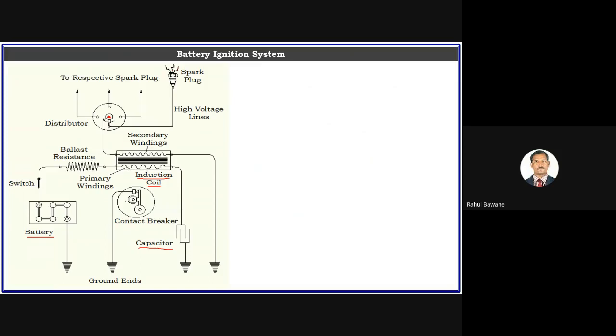Second, the contact breaker point. The contact breaker has two points, one fixed and the second movable. The movable one is attached to this arm, and this arm rests against the cam. This cam is driven by the engine power itself. So when we run the engine at high speed, this cam will rotate at high speed, and accordingly the contact and break take place, and your spark will occur in the respective cylinders at high speed. Correct? So there is the contact breaker point. Now let's see how it is working.